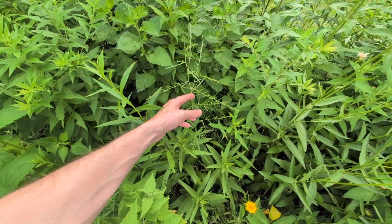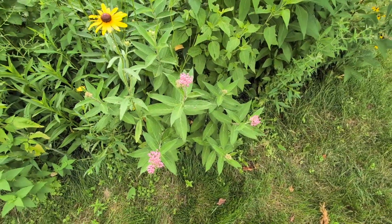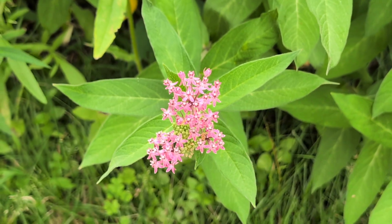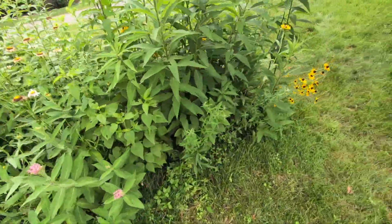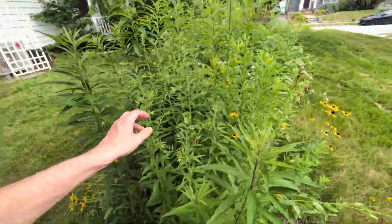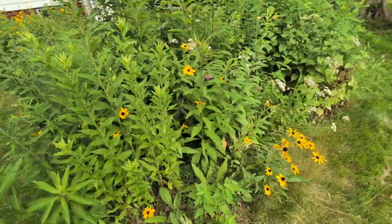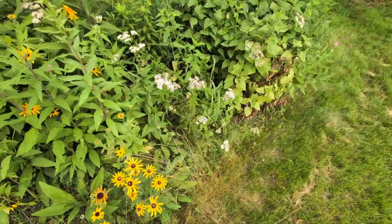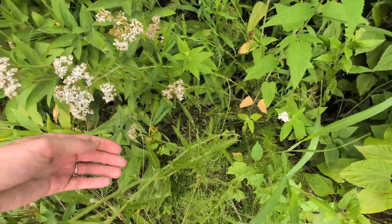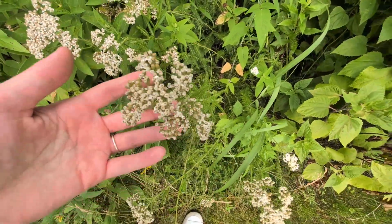This looks like a little aster, Symphyotrichum. We've got the swamp milkweed, another Asclepias, nice pink foliage, dark pink. Got a few of the black-eyed Susans. This is all ironweed, I think, which will bloom later. Of course, we have some yarrow, which I absolutely love yarrow for its very feathery leaf texture, which can look very